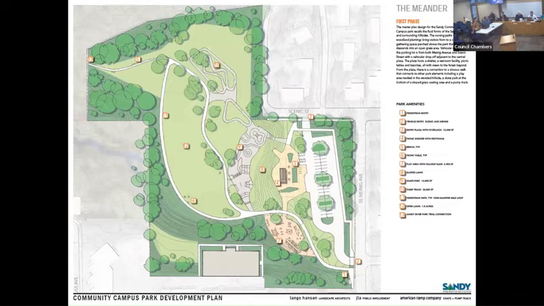So then we have a nice big staging area in between the two pump tracks, which is great because that's where all the bikers are going to hang out and watch each other. And then you'll see the north side is more that advanced main track for older riders or more advanced kiddos. So that's how we split everything up.